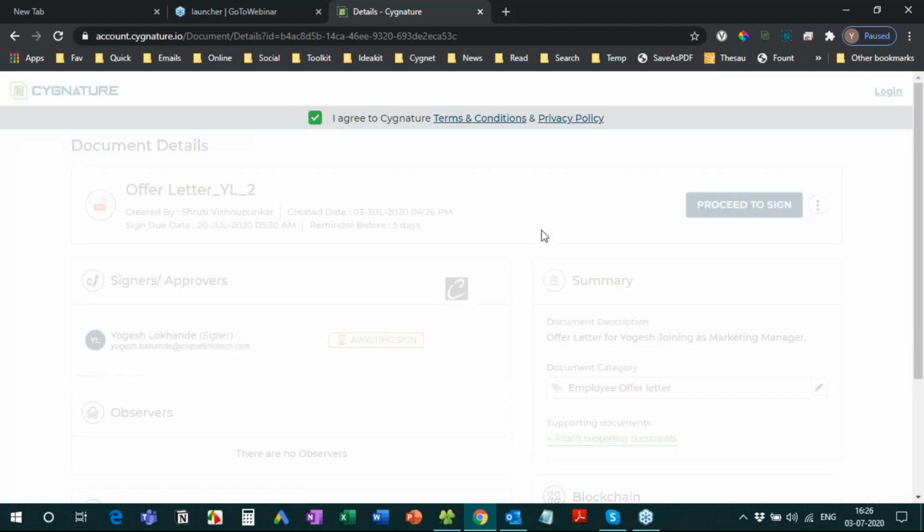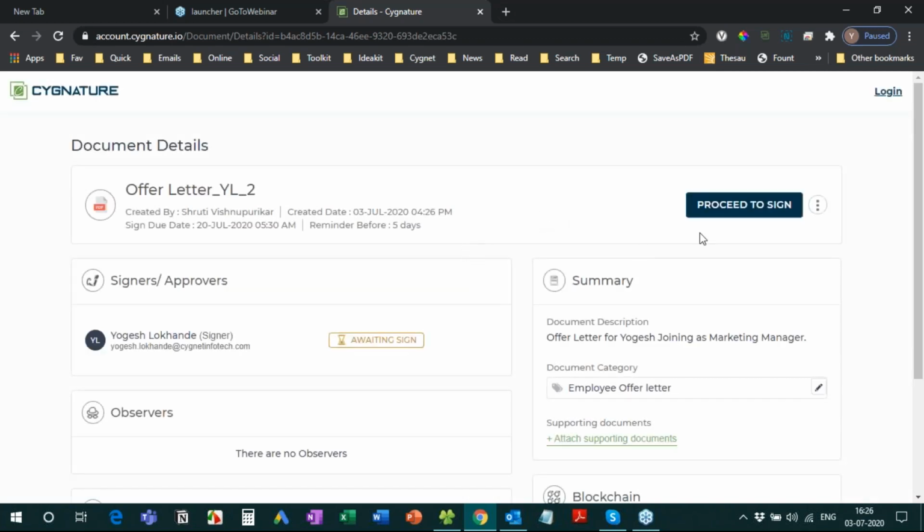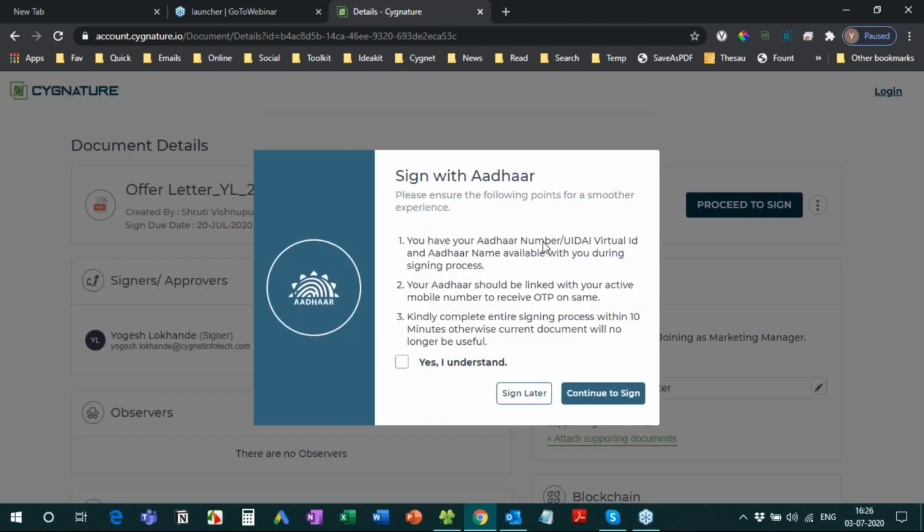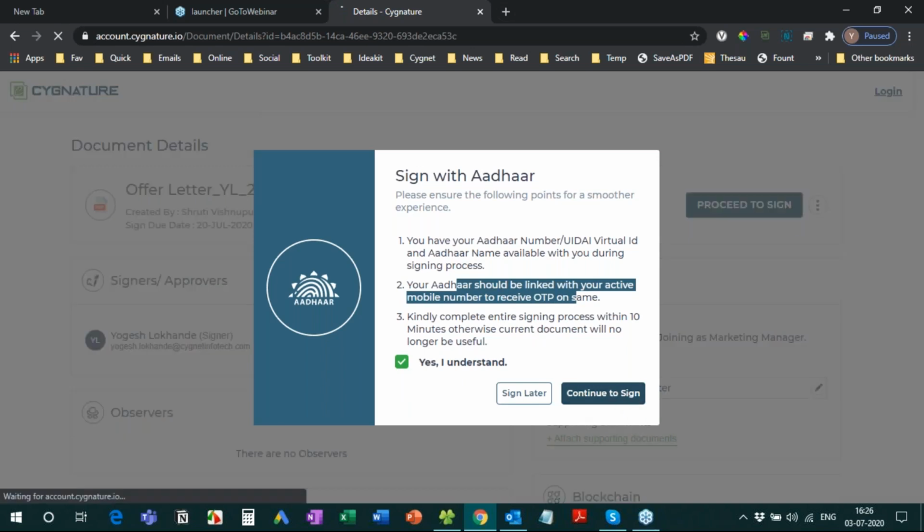I need to agree to the terms and conditions and then I think proceed to sign. Yeah, I have my Aadhaar number. It's linked to my mobile number to receive the OTP. And okay, I need to complete this within 10 minutes. Fine, no problems. Continue to sign.